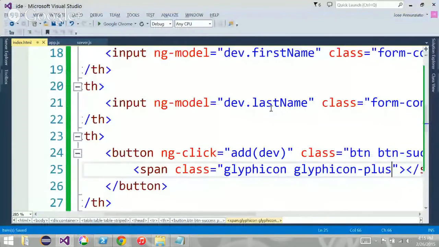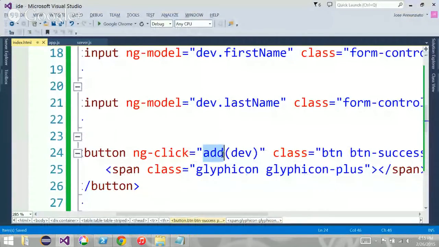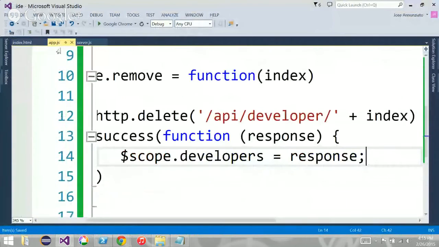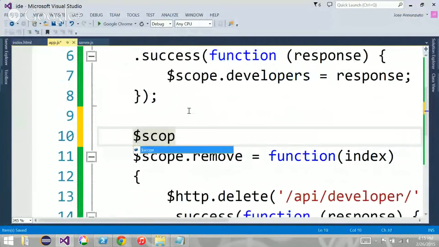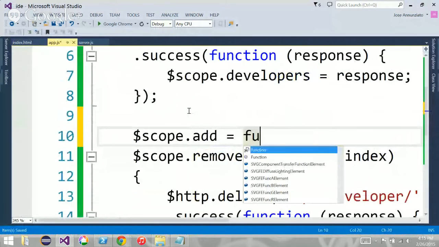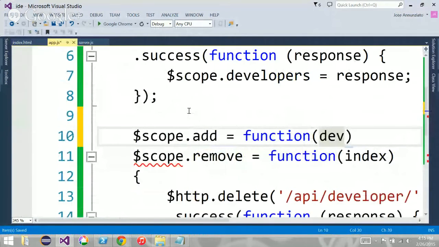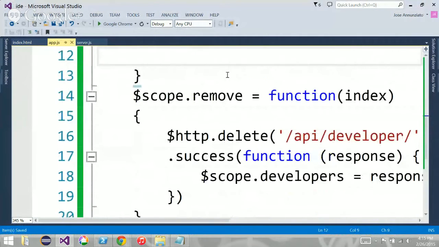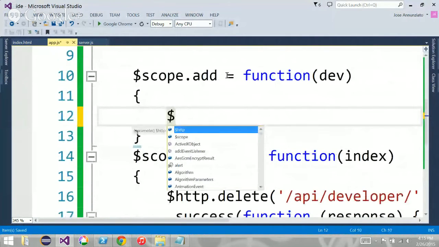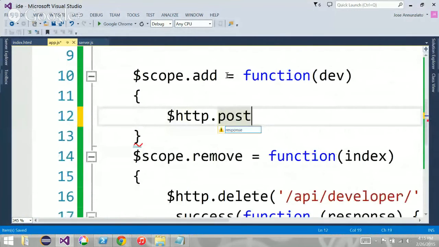We then need to create the event handler add on the controller. Right, so we're going to say scope.add. It's a function that takes as argument a new developer. And we're going to just invoke the post. We're going to invoke the server and say, hey, create this new